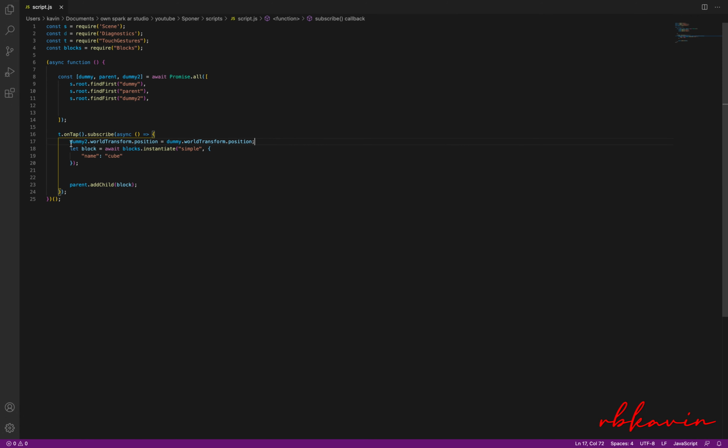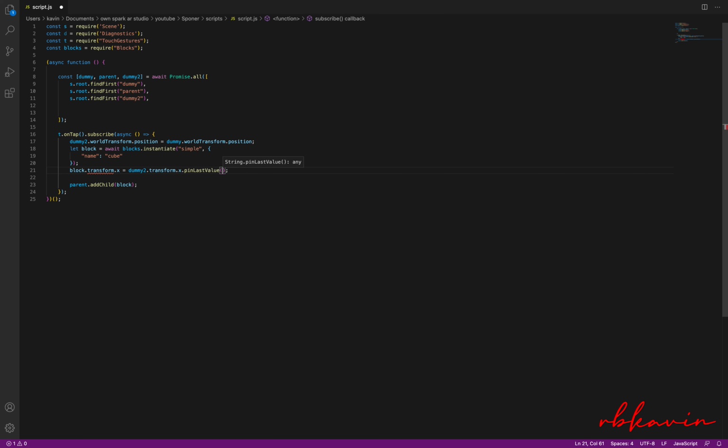Now I can get the block.transform.x equal to dummy2.x, so dummy2.transform.x.pin last value.